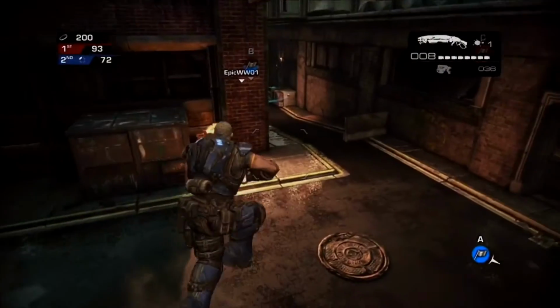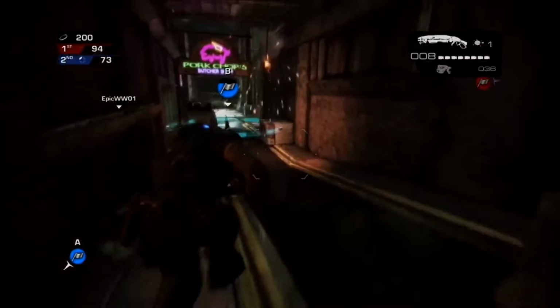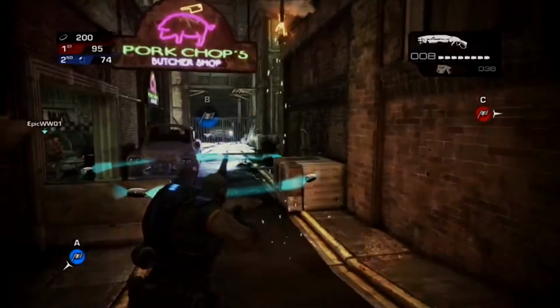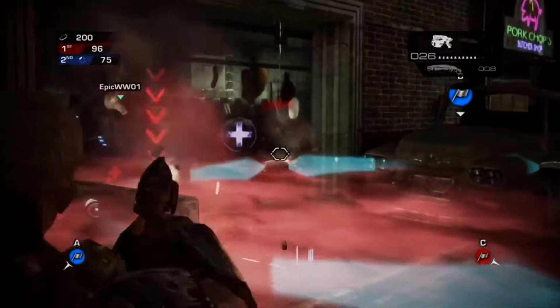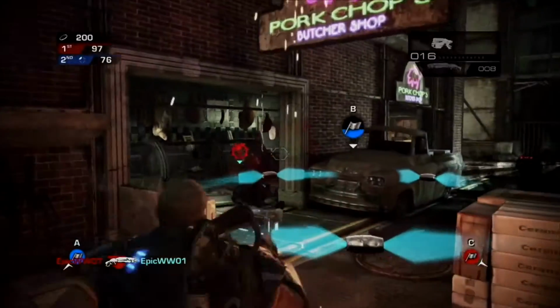Yeah, I think one thing that, so we just saw him jump out of a window there, and that was something that Alan was referring to earlier, is this new verticality that we have in our maps. And we also have a bit of a new approach to level design, which really favors a mode like this. It's a much more circular